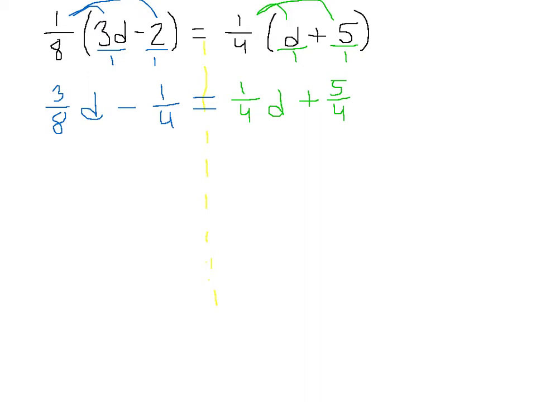So what I said before was it would make it much easier if you add or subtract the number with the variable that has the smaller number. That's going to be this right here. 1/4 is smaller than 3/8 because I know 2/8 is the same thing as 1/4. Even if you don't know for sure, remember, it doesn't matter what you add or subtract first, you're going to end up with the same answer regardless, as long as you do the work correctly. So here's what I'm going to do. Because these numbers do not have the same denominator, I'm going to change this so that it has the same denominator as this. So I'm going to subtract a number